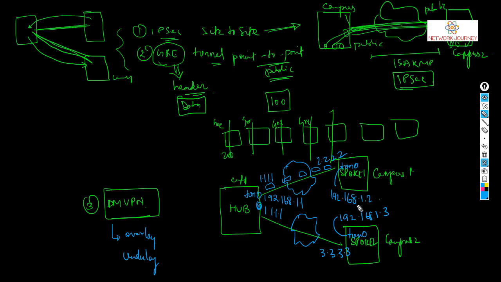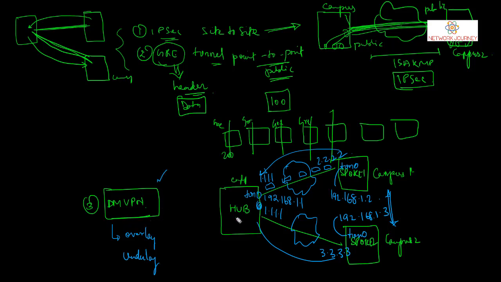Can there be a direct connection between spoke to spoke in the case of DMVPN, or does spoke 1 have to send once again to hub and hub has to send it to spoke 2, which we saw in the IPsec? But in the case of DMVPN, we don't have to rely on hub. Instead, we can directly talk to each other. The spoke 1 can talk to spoke 2 as well.